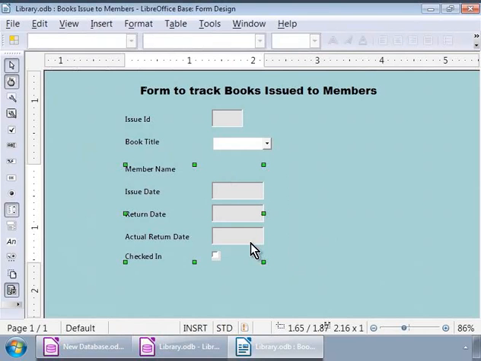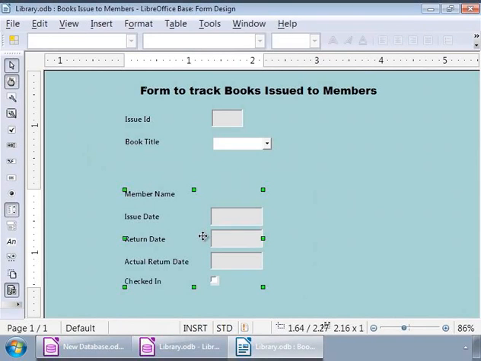Next, let us click on the selected area and drag it vertically down so that there is enough room for the first list box that is adjacent to the book title label. Now, let us repeat the same step for the member name label as well.